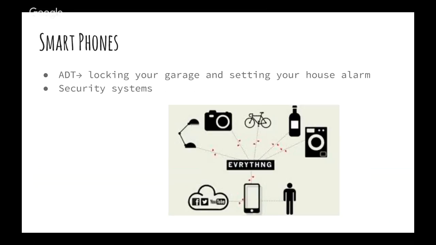But I feel like smartphones really are the way in which we can use the Internet of Things, like the diagram I have on my PowerPoint, how you could connect it to your photos or the washing machine and such. The most recent advertisement I can think of is a couple on vacation, and his wife turns to him and says, "Hi, did you lock the car?" And he says, "Oh no, I don't know if I did." So he turns around and opens his car app and can lock their car from the airport, which I guess is really great if you're a forgetful person. So that's one benefit of them.